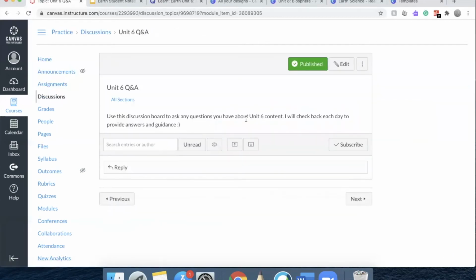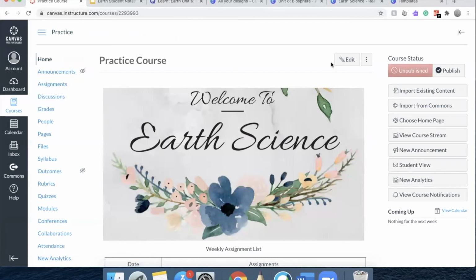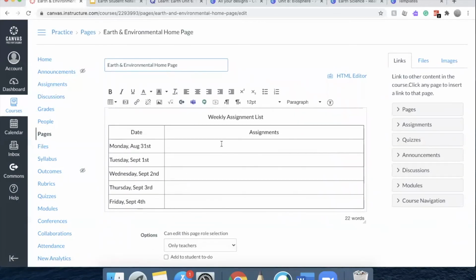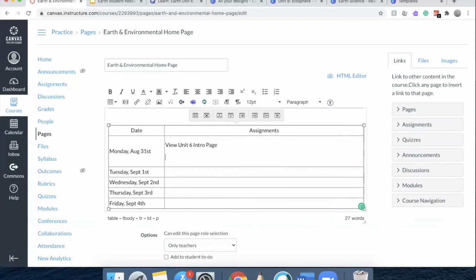And then we get to the Q&A section, which is exactly what I linked on that homepage. So those are the first few items that are in this unit. So I'm going to go into my homepage, and I'm going to say that on day one, we need to view the Unit 6 page. Oops. And we want to complete